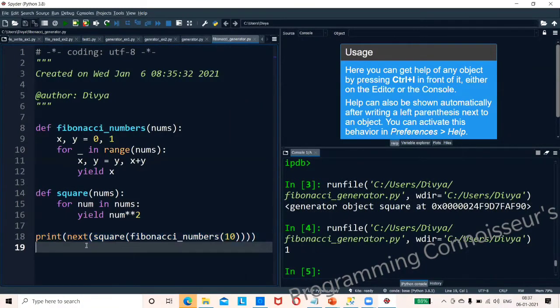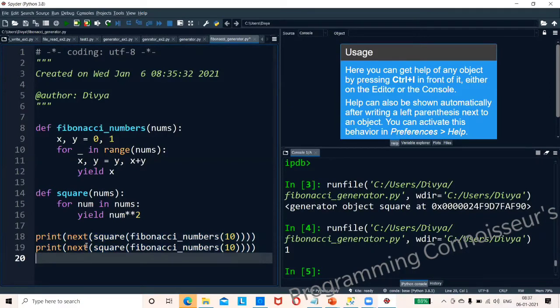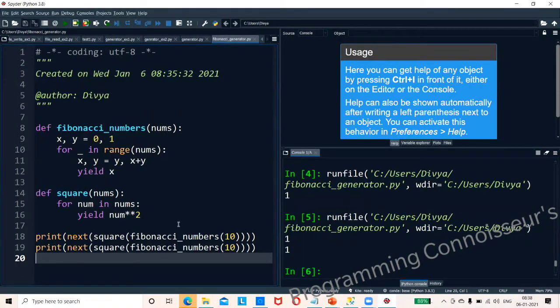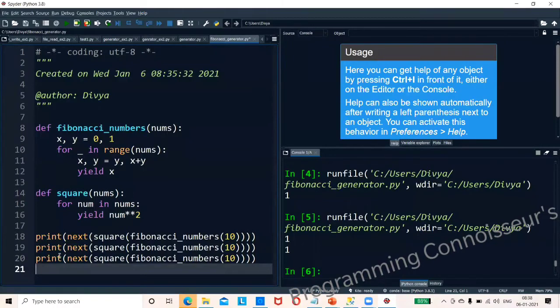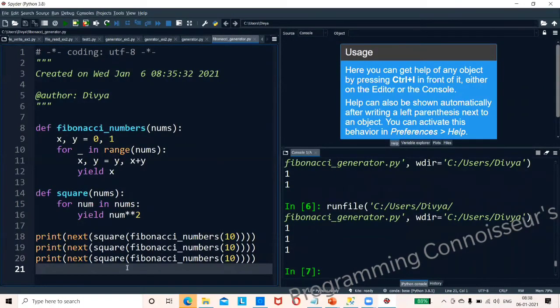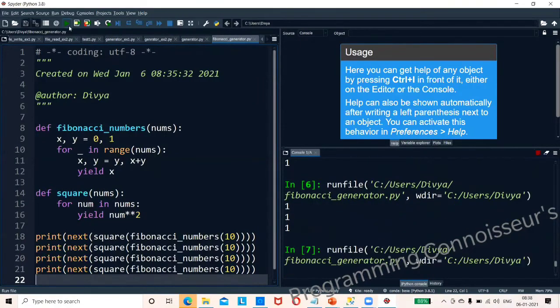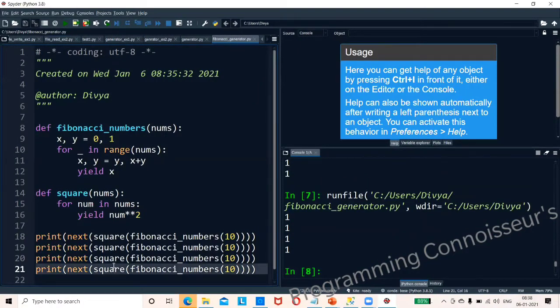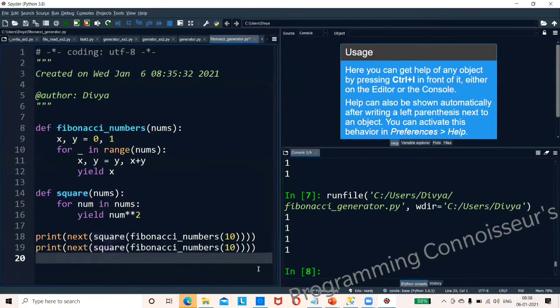After 1, what will be the next number? The same number is coming. One square will be 1 only, no? 1 square will be 1 only. That's why the same number is coming here.